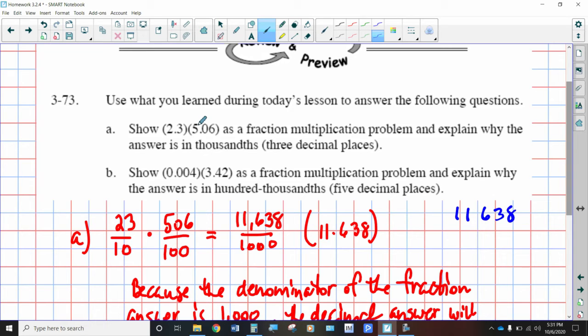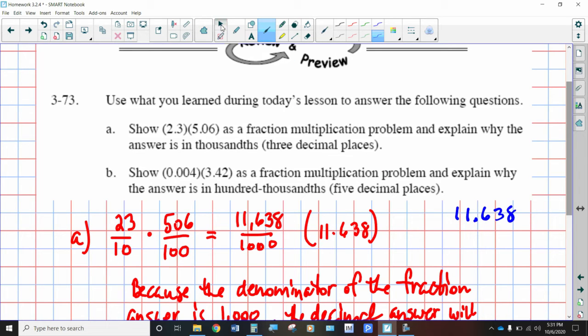So your answer can't be anywhere near 11,000. That doesn't even make sense. So this is where estimation comes into play to help you decide where your decimal needs to go. 2.3 times 5.06 has got to be something around 10. So the only logical place for your decimal to go is between the 1 and the 6 and make that